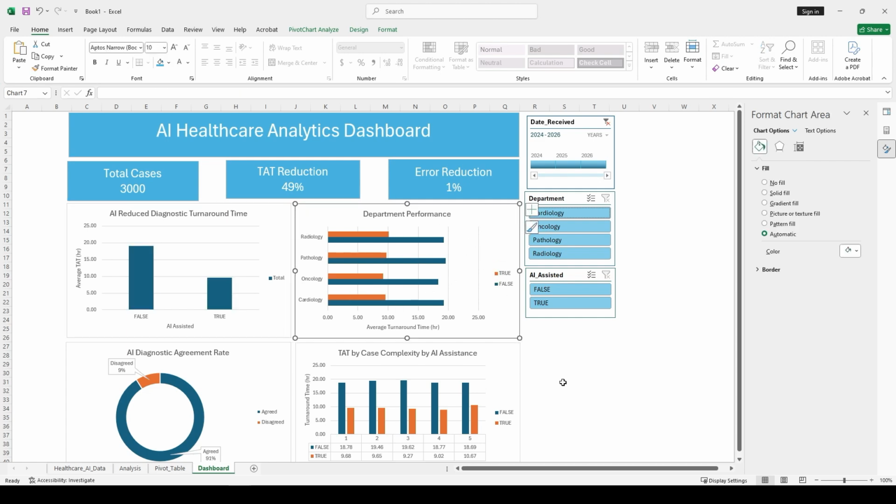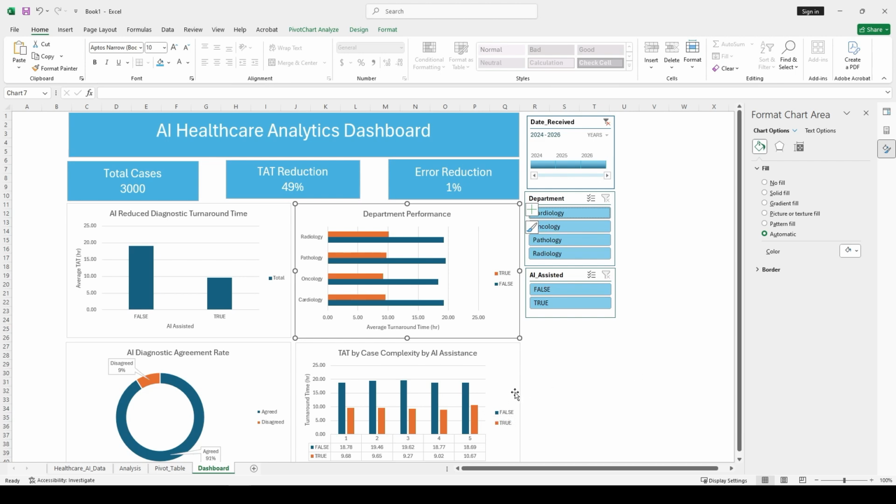Even as case complexity increases, the AI assisted workflow continues to outperform the traditional workflows. And together, these findings suggest that AI assisted diagnostics have the potential to improve healthcare organizations while supporting clinicians in